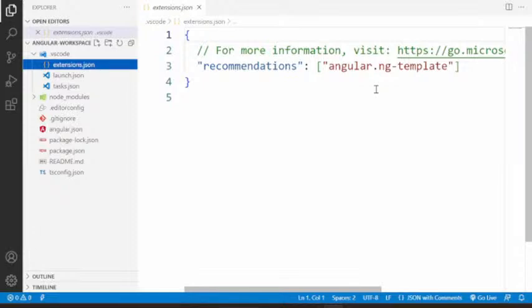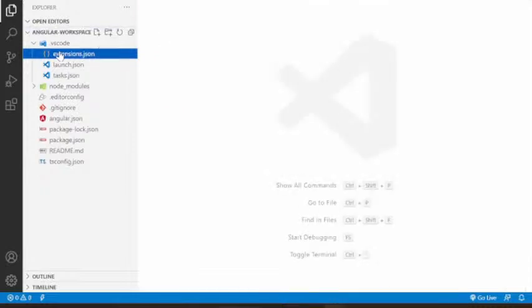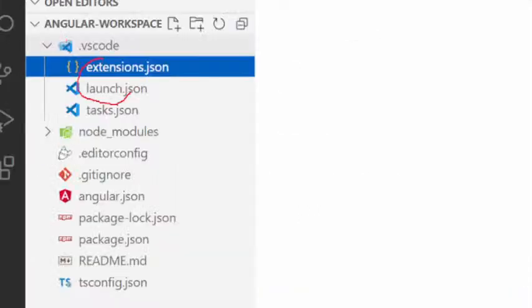So this is just a suggestion provided by VS Code. It is not related to the Angular project. So the Angular workspace doesn't have this file. Understood? These are related to just VS Code. If these files are not generated, don't worry, because some editors will never generate these files. These are just additionally generated by VS Code to help you in working with Angular.